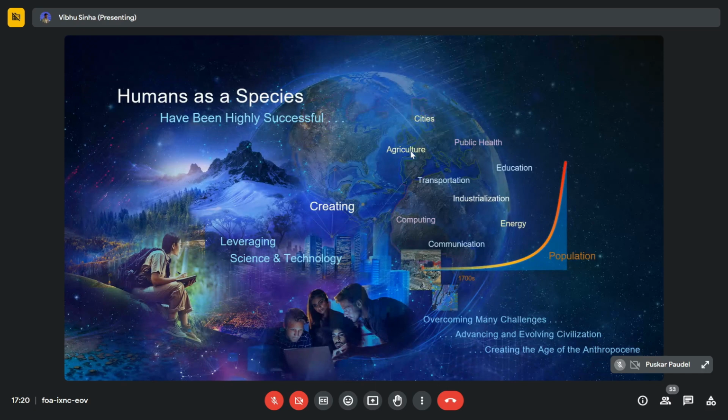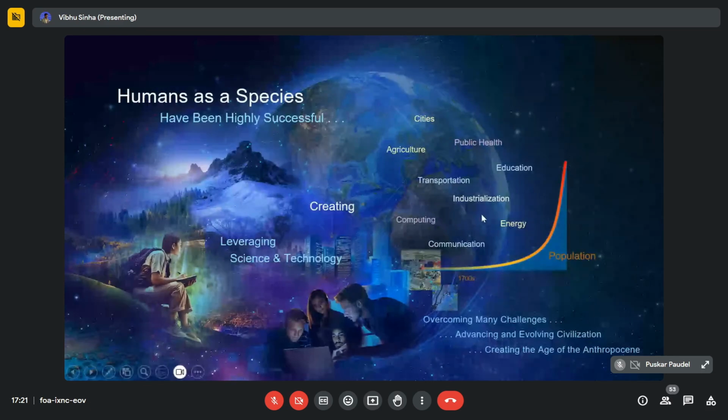We have been able to create transportation networks. Industrialization was brought in like 6 or 7 centuries back, and we never looked back after that. We have changed the way we educate our young generations. We have harnessed energy in ways none of our predecessors or no other species was able to. And because we have made it so comfortable for all of us, we have seen a steep incline in our